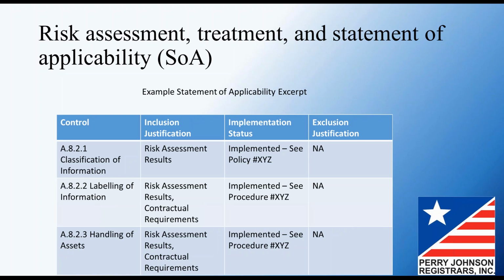So as you can see on the leftmost column, it's the controls. So we're looking at the controls in 8.8 here. The next column shows the justification for inclusion. So you'll see for the first control, classification of information, the justification was risk assessment results. So basically, during the risk assessment, it was determined that if we classify information, so if we have specific handling procedures, different controls around different levels of sensitivity of data, it could reduce risks to, for example,